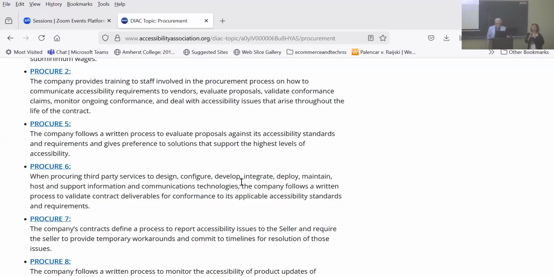Exactly. Any of you familiar with the voluntary product accessibility template, the VPAT? How many of you feel like the VPAT is good evidence of accessibility? No, right? I used to say that a librarian should file VPATs under science fiction in the library. VPAT as a tool is a good tool. The problem is nobody fills them out correctly, and not that many people know how to interpret what they're saying to understand that they're not being filled out correctly.